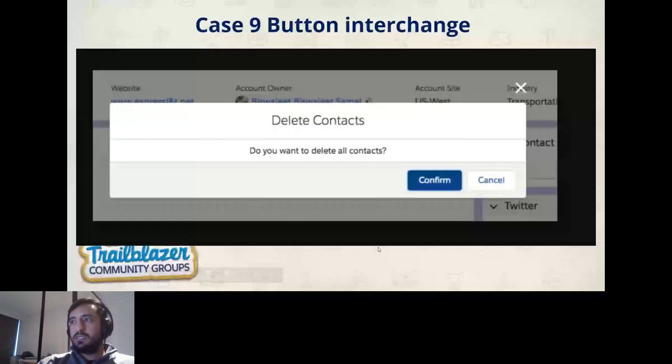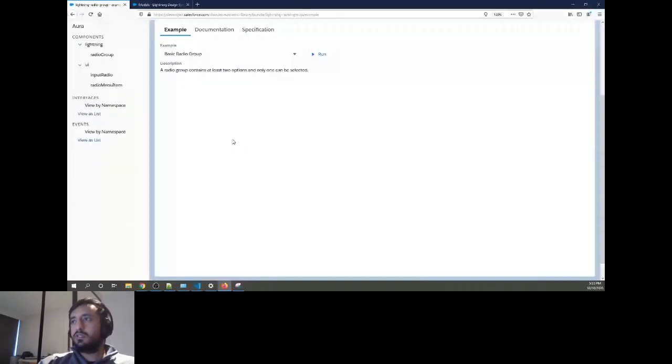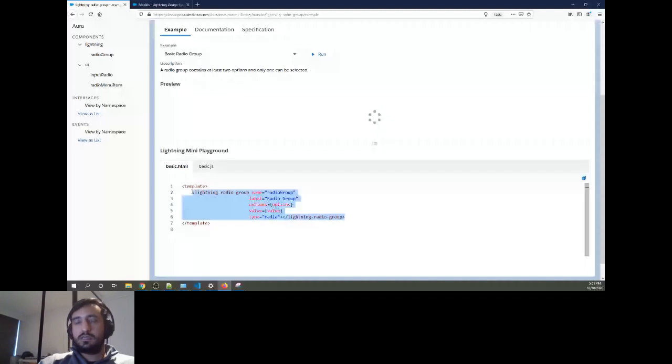I want the radio buttons, so I'll quickly go to my library and here I'll check radio. These are the radio group, so I'll take the radio group. I'm going to copy paste the code that they show us. I'll say okay, you have the code. I'll copy this